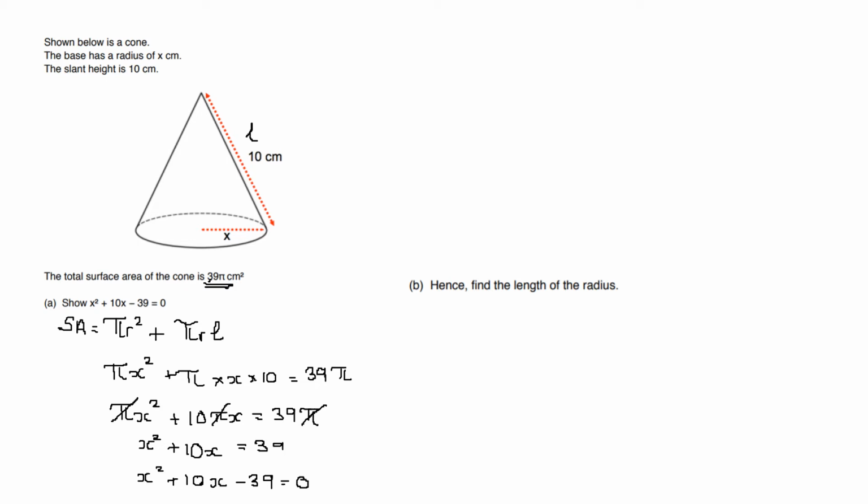And now it says, hence find the length of the radius. So what we need to do, the radius is x, so we need to solve this quadratic equation that we've generated in order to find x. So let's have a look. So we've got x squared plus 10x minus 39 is equal to 0. So I need two numbers that will multiply together to give me negative 39, but when I add them together, they're going to give me